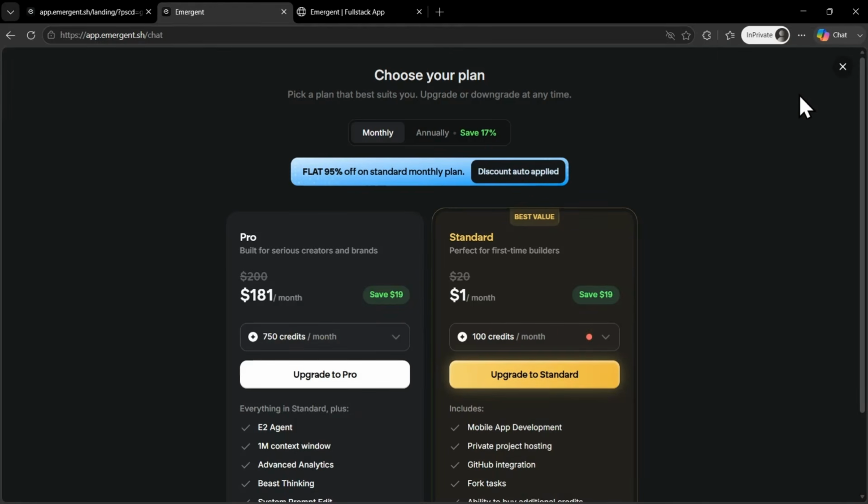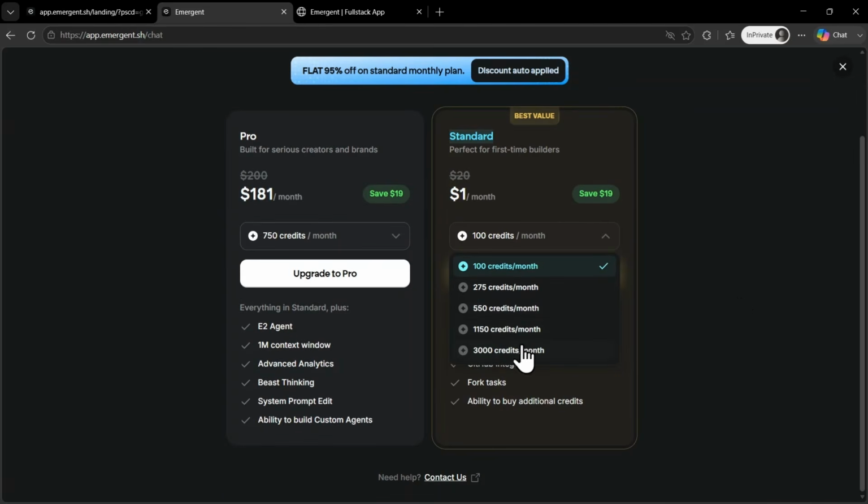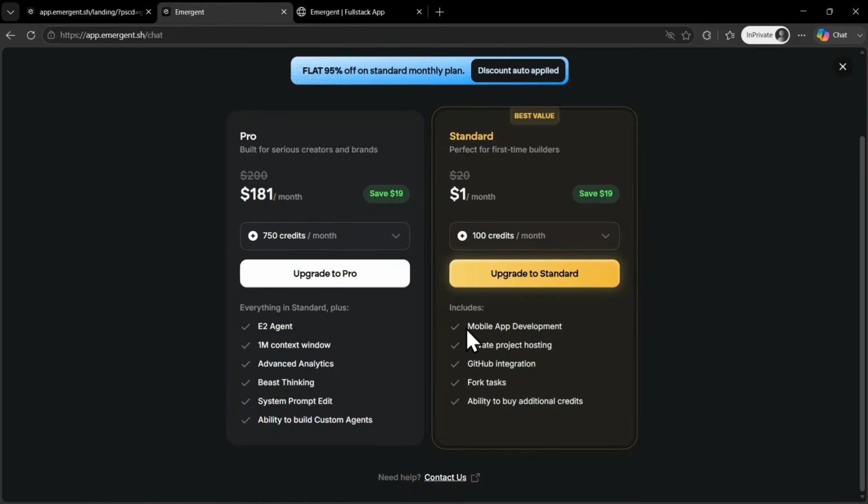The standard plan normally costs $20 per month, but if you sign up through the link in the description, you get it for just $1 for your first month. This gives you 100 credits, enough to build several beginner projects. You can also select a custom number of credits ranging from 100 to 3,000. The standard plan includes mobile app development, private website hosting, GitHub integration, work taskability, and the option to buy additional